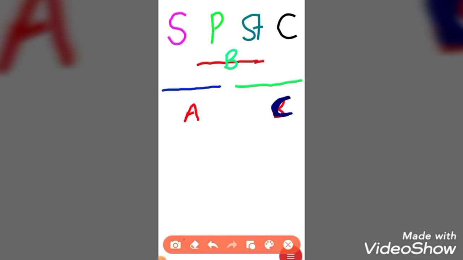Now we will discuss how these sepals, petals, stamens and carpels will form. So I have written the four whorls: one is the sepal, petal, stamen and the carpel. S is sepal, P is petal, ST is stamen and C is for carpel. Class A genes are involved in the formation of both sepals as well as petals.